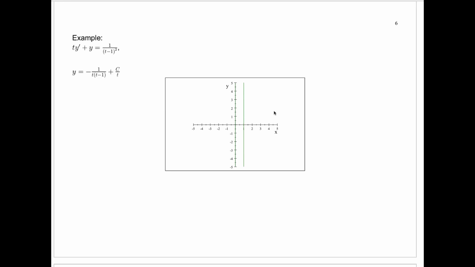So let's look at the same example and try to solve things. Well, to solve this, we can use our general technique using an integrating factor. However, we don't even have to do that, because if we had put it in that same standard form, y prime plus 1 over t times y equals 1 over t times (t minus 1) squared, and then used an integrating factor, the integrating factor would just tell us to multiply by t again and put it back in this form. In other words, this part here is already exact, and if we just integrate both sides,